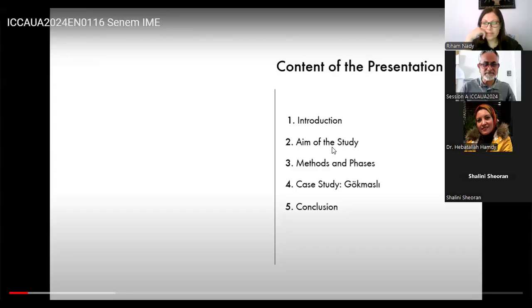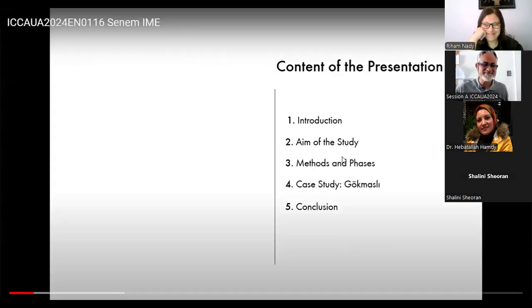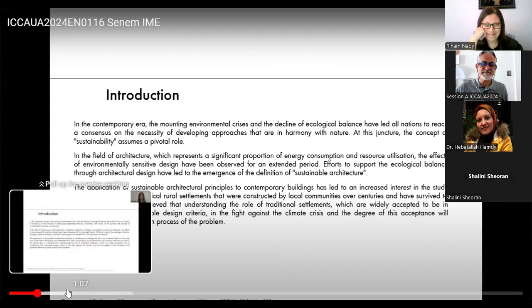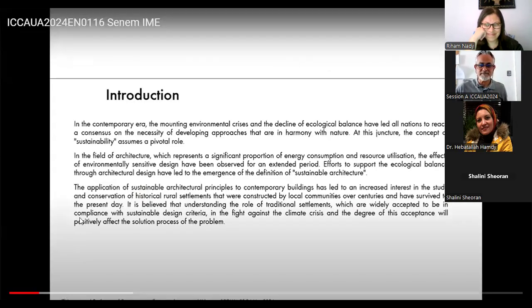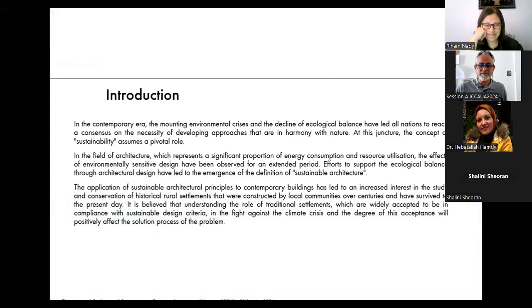Okay, this presentation begins with the introduction part and will be followed by the aim of the study, methods and phases, case study, and conclusion respectively. In the field of architecture, which represents a significant proportion of energy consumption and resource utilization, the effects of environmentally